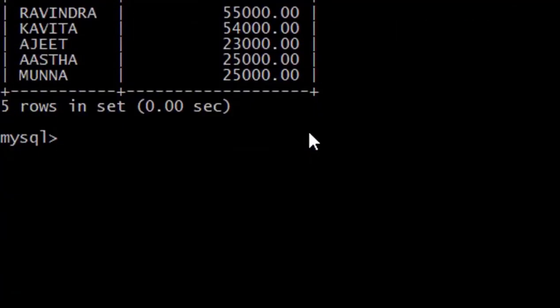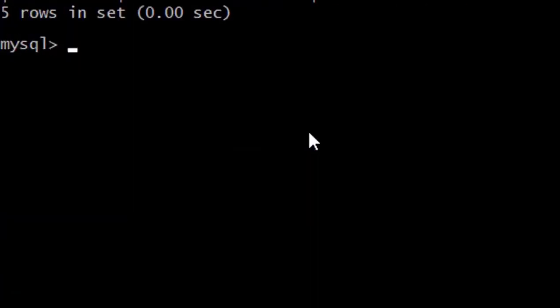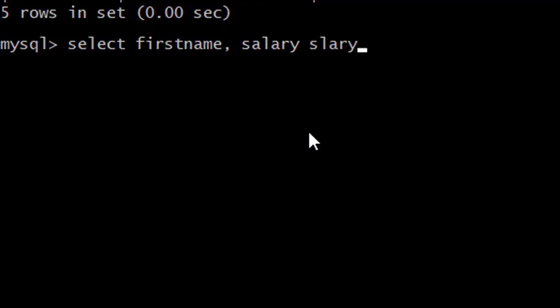That's it. Now another way, without using keyword as and double quotation, but this is wrong in this case. Select first name salary. Again I am telling the student this is the wrong. So whenever you put here salary and suppose this is salaries and rupees per month. So student, this is the wrong query. This will not give the result.